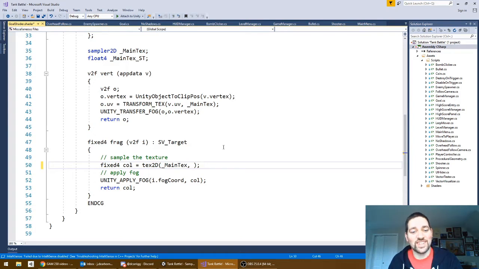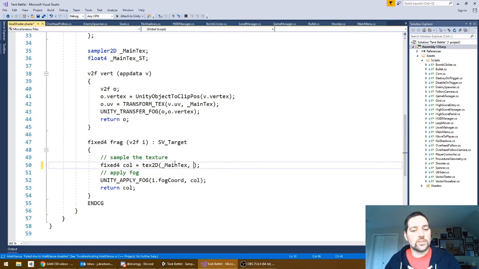For some reason it has a lot of names. From 0 to 1 is 0 on the left hand side of the image and 1 on the right hand side. And then for the V coordinate, or the Y vertical or T coordinate, that's 0 to 1